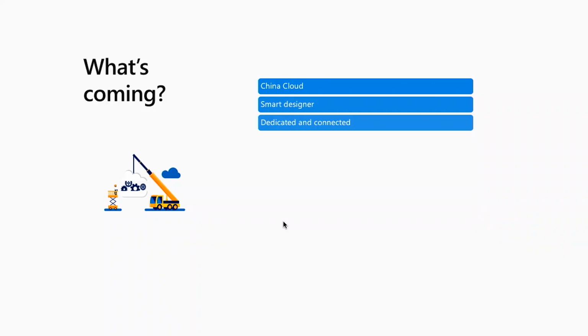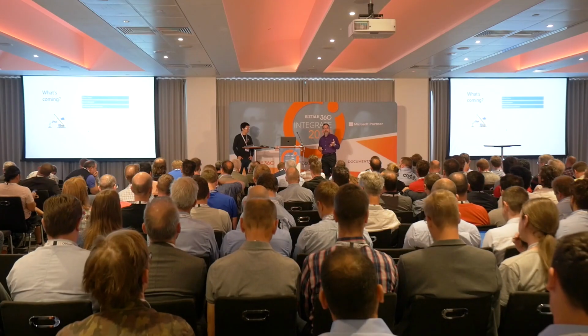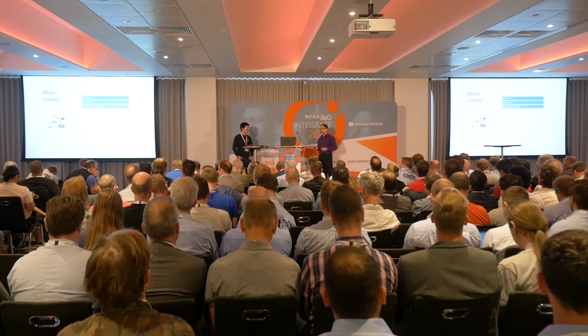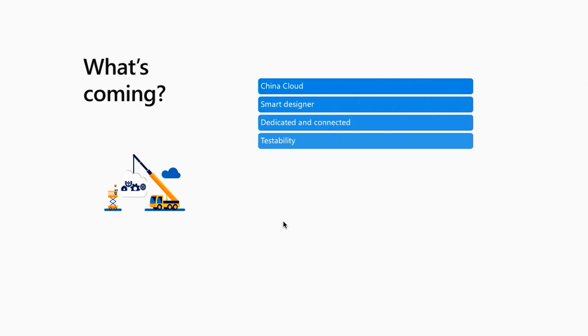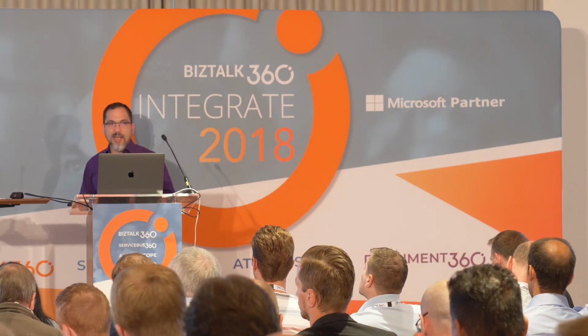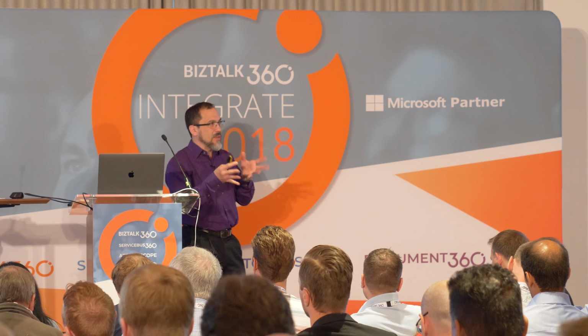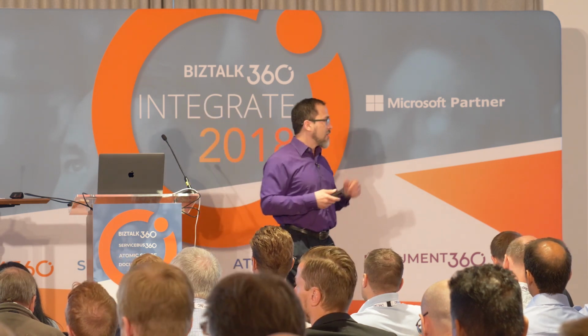Dedicated and connected, right? This is our code word for the integration service environment that you saw at the keynote. So we'll have a whole session, or at least half of a session, talking about the integration service environment, but that's the ability to talk to VNets and having a dedicated stamp for your Logic Apps workload. Testability, so the ability to mock inputs and outputs, being able to have custom triggers that you can actually put the input in yourself. That's being worked on right now. Being able to call an action just so you can see what an expression looks like are all coming as well.